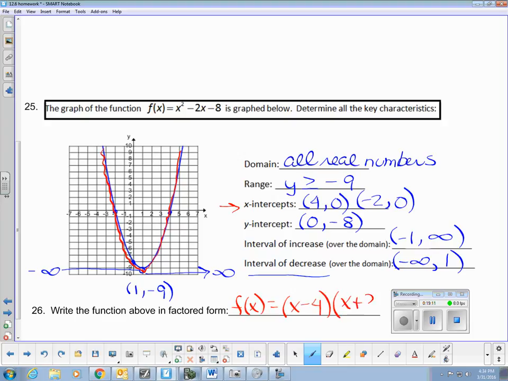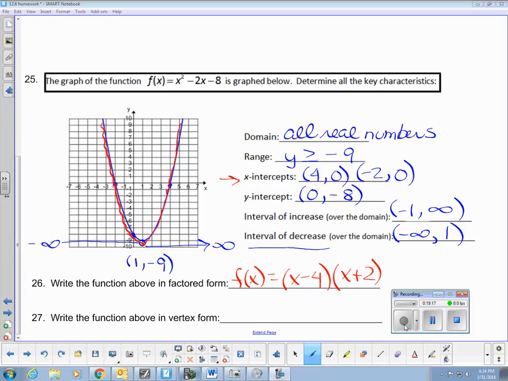And I didn't notice, but we also have to write it in vertex form. So to help me with that, I'm going to take a look here at my vertex. So I circle my vertex here. So in vertex form, that would be f of x is equal to x minus 1 quantity squared, the opposite of 1, negative 1, and minus